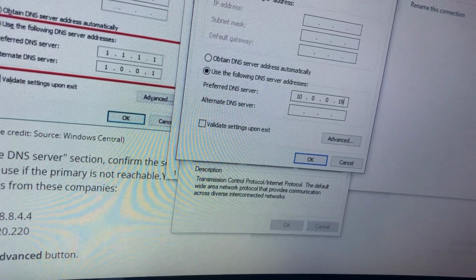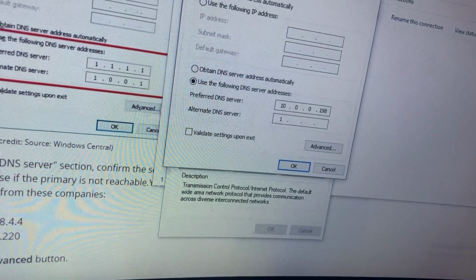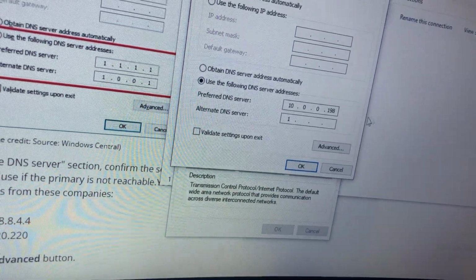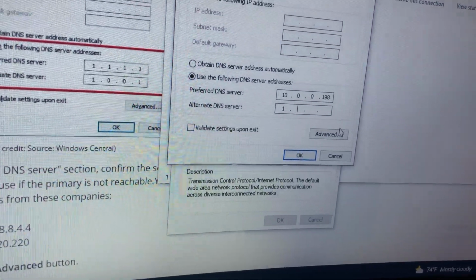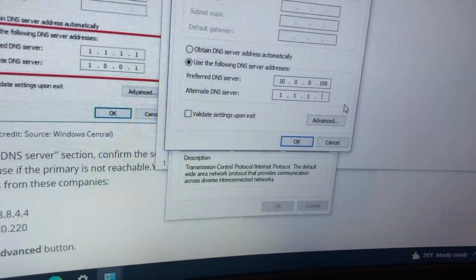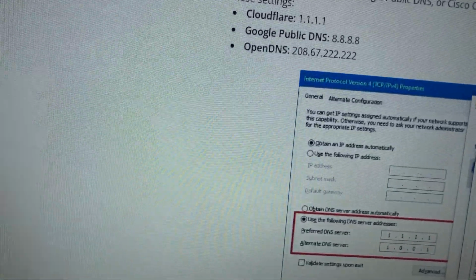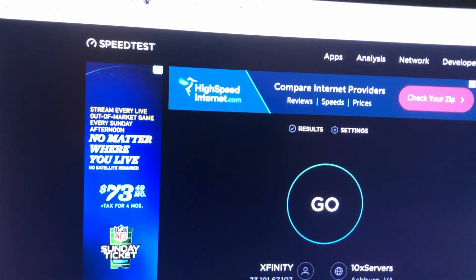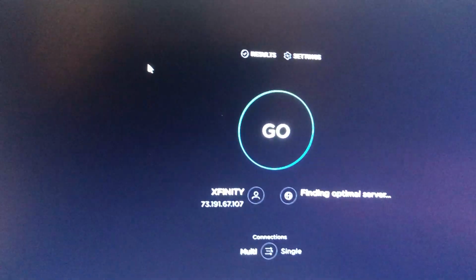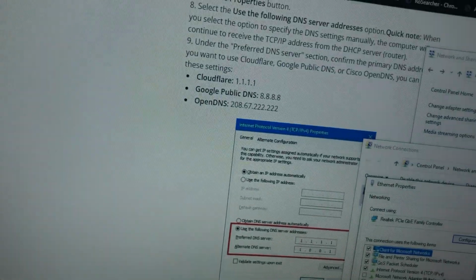10.0.0.198, which is also the IP address of my Raspberry Pi on the network. So now that I've set that up, I think if I just refresh this, or perhaps